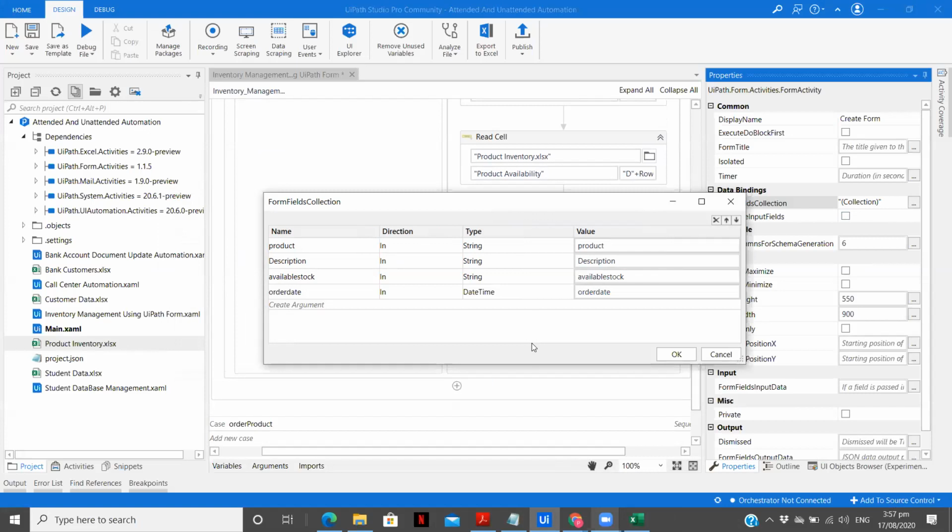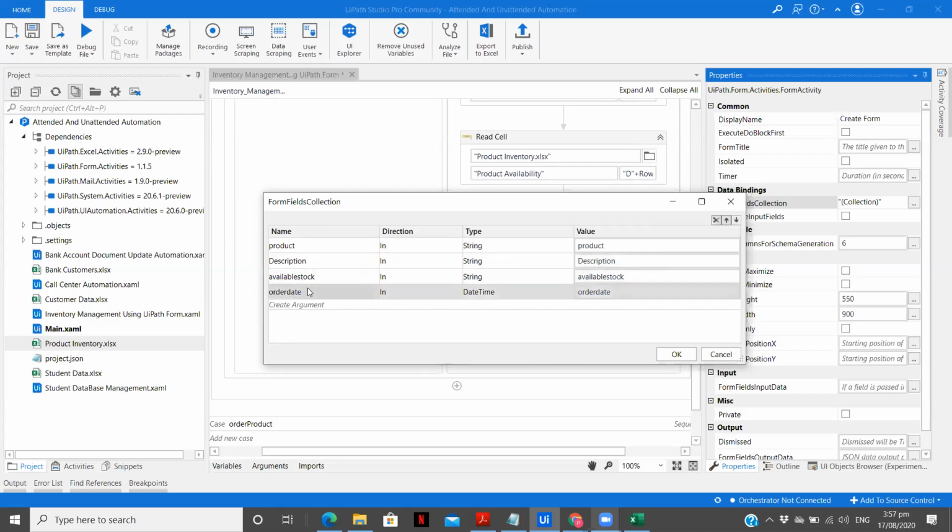But if I'm taking data outside the form, so suppose if there is entered data from the user which I'm taking outside, so at that time what I will be doing is I will be using out. And if you want to do both, then you have an option to select in/out. So here there is in product. Now you see the argument name over here should be your field key.